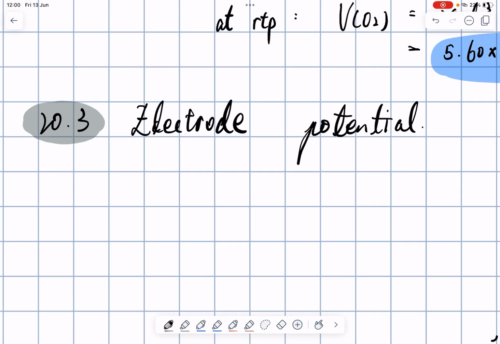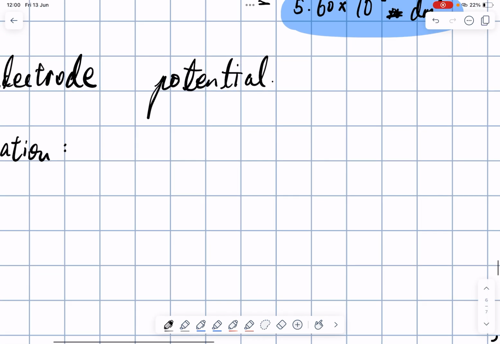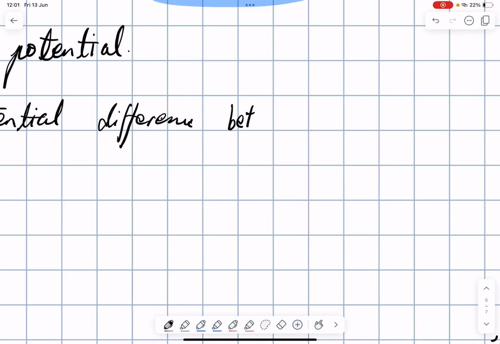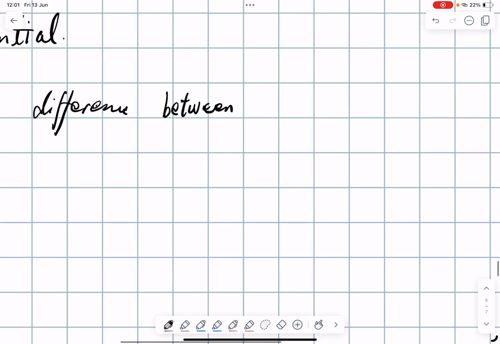First, we still have to define this. It's the potential difference between a metal ion system